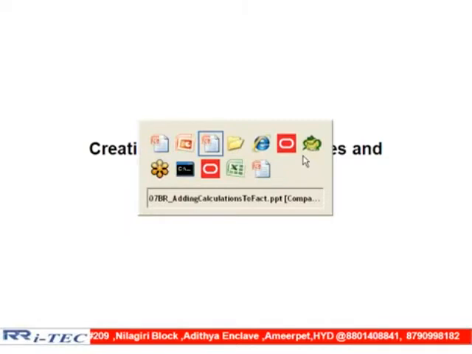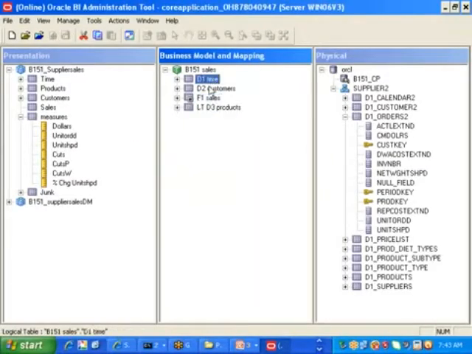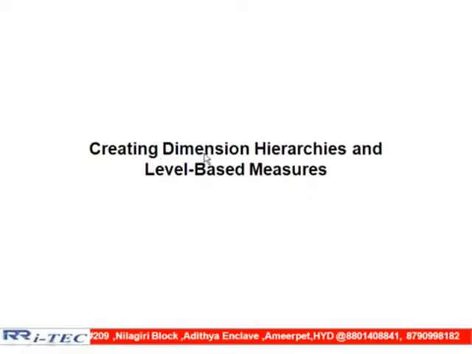In our RPD also, in fact, we have three dimensions. One is the time dimension, one is the customer dimension, and one is the products dimension. Three dimensions are available here. And how many fact tables are available, sir? One fact table is available. So by seeing this title itself, it is saying that this concept is totally related to what, sir? Dimension tables.